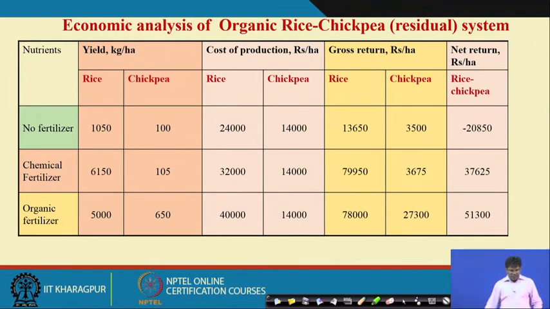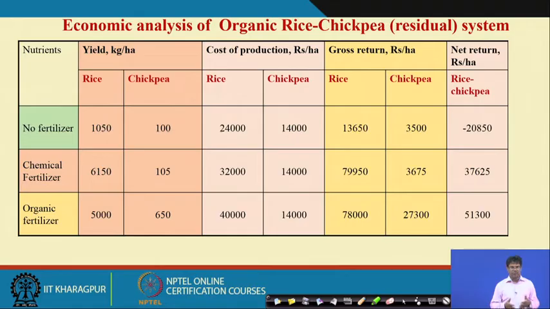If you see the yield of rice and chickpea, in the case of the no fertilizer control, the yield is very low, and the chickpea was grown on the residual fertility of rice. No fertilizer was applied to the chickpea crop; fertilizer was applied only to the rice crop, and chickpea was grown after harvest of rice in the same soil without adding any fertilizer, whether chemical or organic. That is why you see the residual effect of no fertilizer is nothing, because the chickpea yield is very low. And the same for the chemical fertilizer,